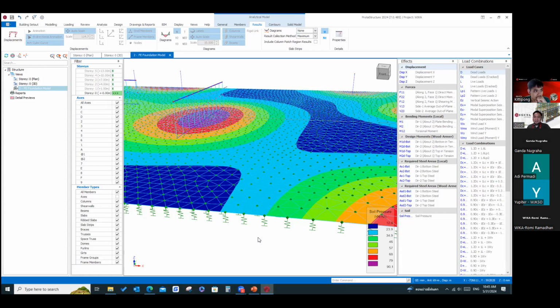Kun Kitipong, if we have CBR data, California bearing ratio, atau NSPT aja, karena CBR itu untuk jalan. Actually we have NSPT data.